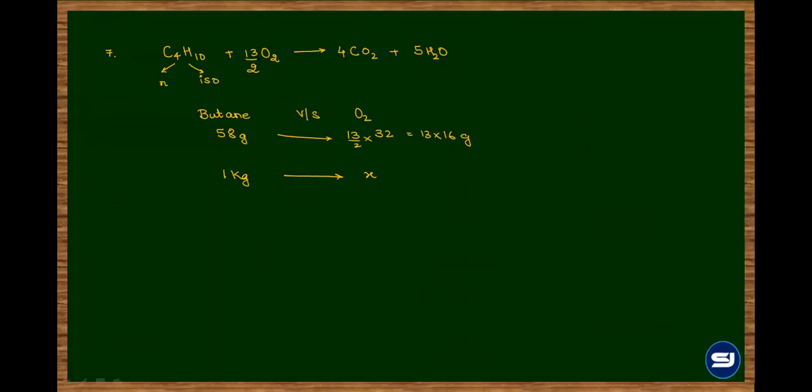Correct. And even if you use the Gay-Lussac's law, it would give you the correct answer, because in that case, the volume would be converted into the mass at the standard condition. So X would be equal to 13 into 16 by 58. No need to convert because we want this X in kg only. Clear? So when you solve, you get 3.58. Understood? Yes, sir.